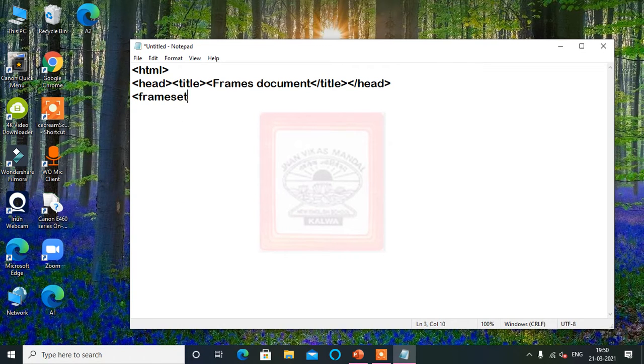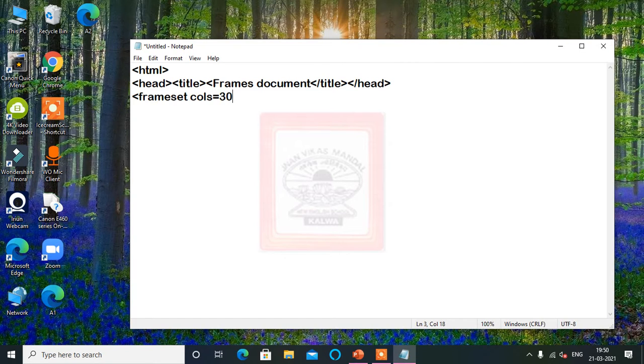Here no body tag, directly we are going to use the frame set, which is the important tag. You can write in capital or small, frameset, a single word. Then here cols is the attribute, cols for columns. So we are dividing these frames column wise, 2 columns, so vertically we are dividing it, cols equal to